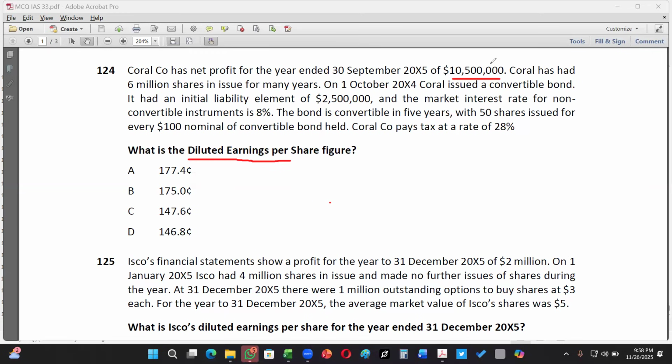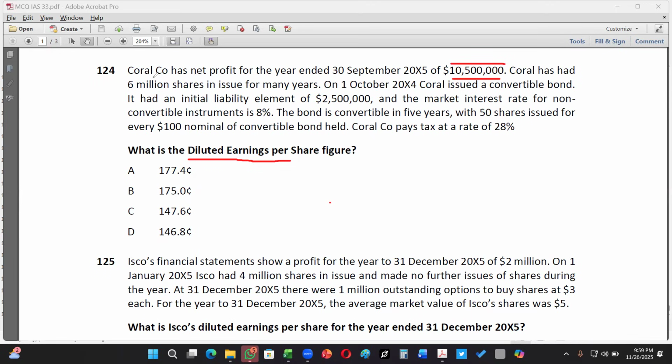Okay, you understand the logic that in this case, we had this obligation, and this obligation is going to be cancelled because we are going to assume that the convertibles are actually converted to shares. So when they are converted, we will not have to pay any interest. When there is no interest, there is going to be an increase in the net profit. Okay, so we will calculate how much of the interest we have saved. So in this specific case, the earnings are going to go up. So this earnings is not going to stay the same. We're going to work it out.